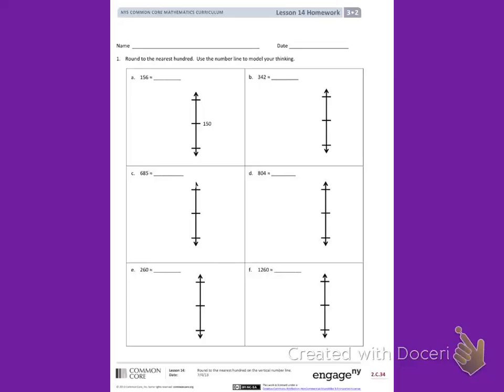Module 2, Lesson 14's objective is to round to the nearest hundred on the vertical number line. Problem 1 says, round to the nearest hundred. Use the number line to model your thinking. Problem A says,